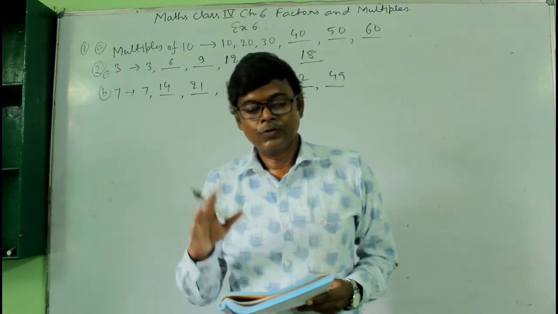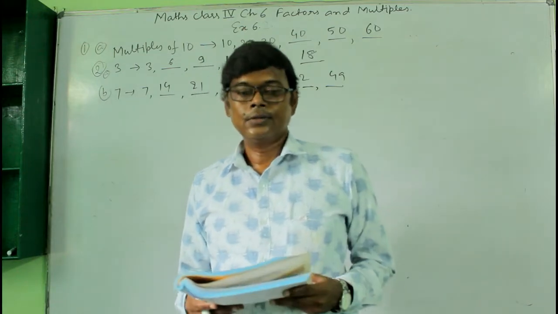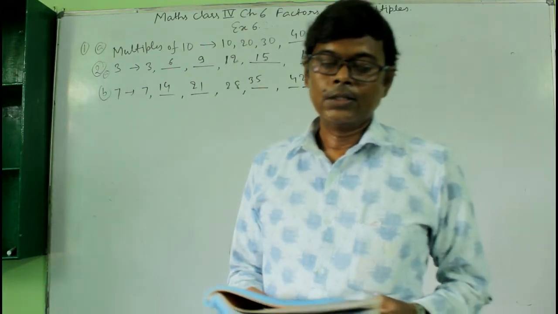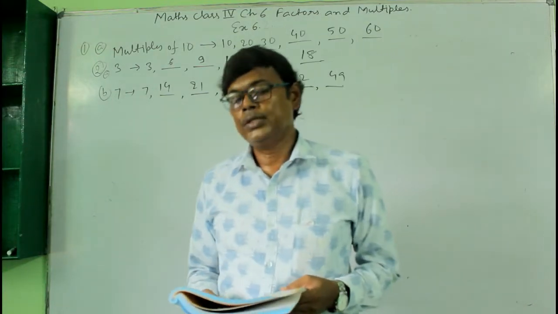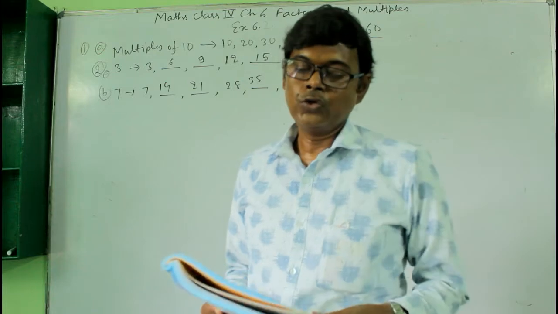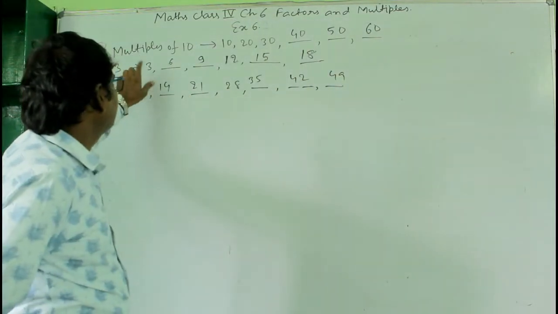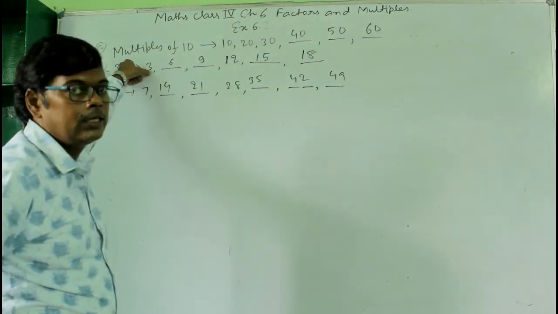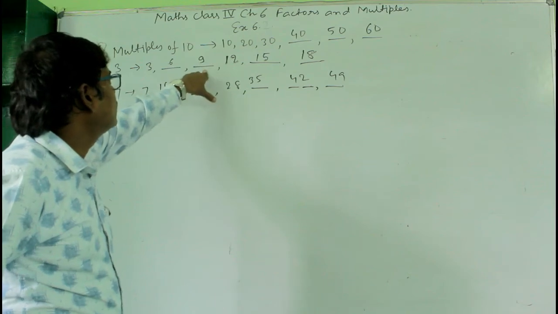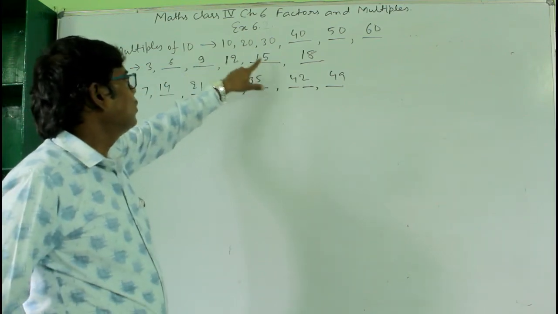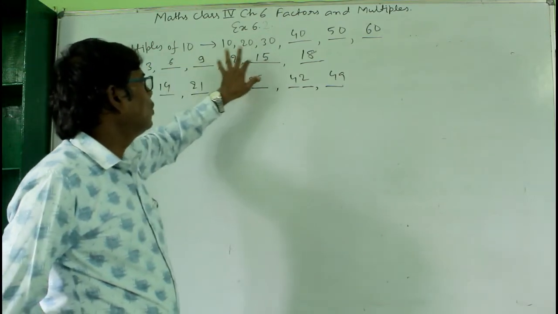In this question, you have three questions here, A, B and C. In the first question the number is 3, in the second question the number is 7, in the third question the number is 11. Here we are finding the multiples of 3, 7 and 11. What do you observe here? When you see the multiples of 3, the first number is 3 and 3 is an odd number, right? And 6 is an even number, then 9 is odd, then 12 is even, then odd, then even. So see that: odd, even, odd, even, odd, even.